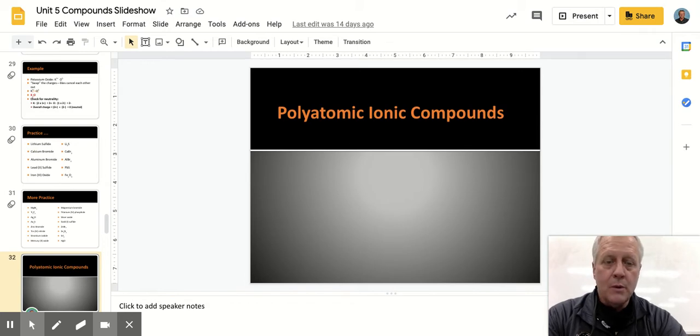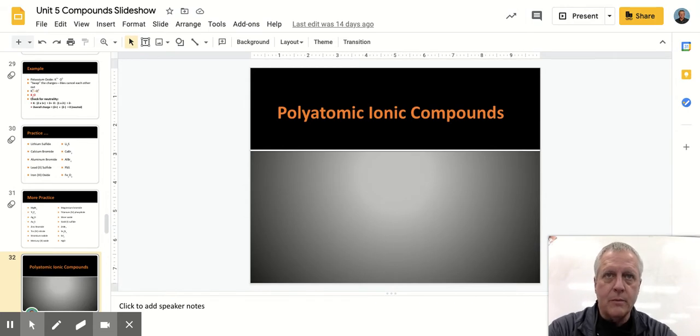So, up to this point, with our studies on compounds in Unit 5, we've been basically focusing on binary ionic compounds. Now, what that entails, binary means two. And so, we've seen compounds like sodium chloride or calcium fluoride, for example. But there's also what are known as polyatomic ions. So let's take a look at that